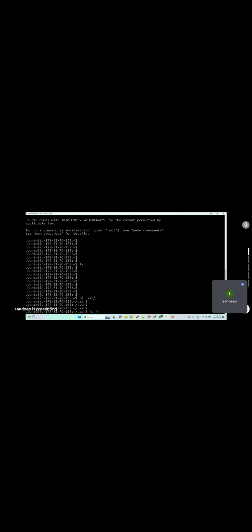Here there is a file called authorized-keys, right? Open this. Okay, there is no execution permission. Provide the permission. chmod